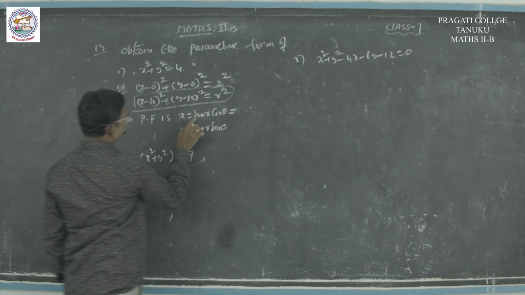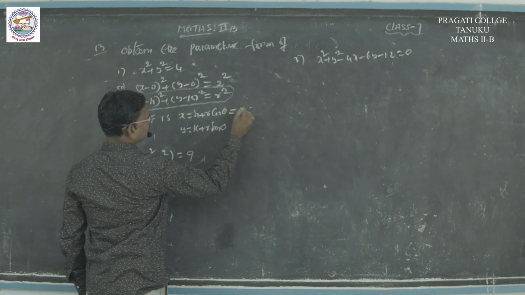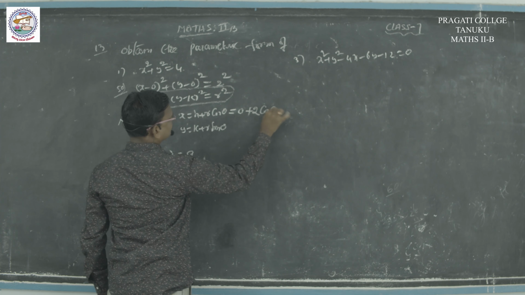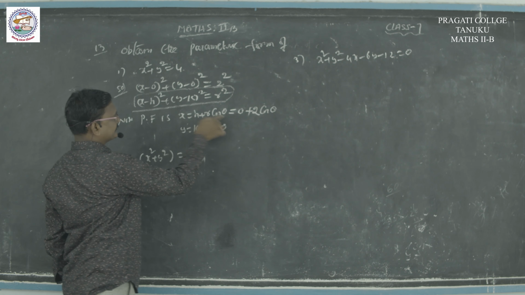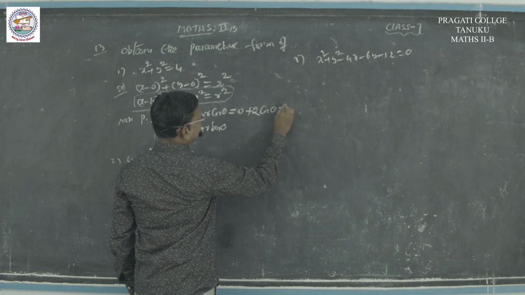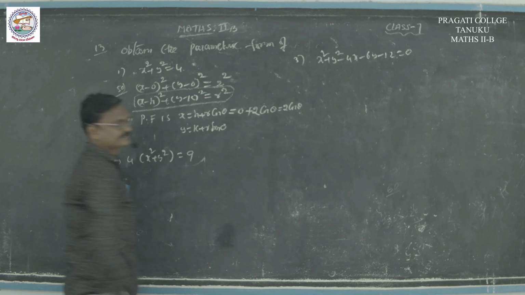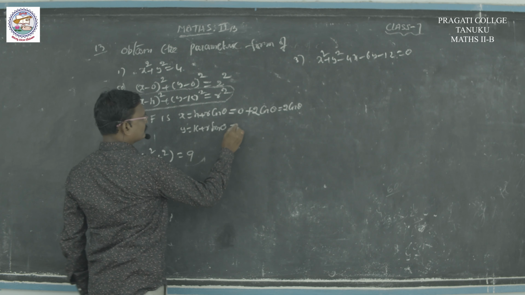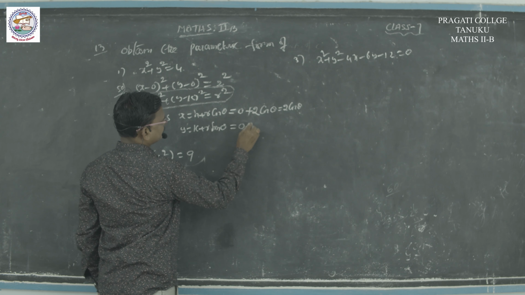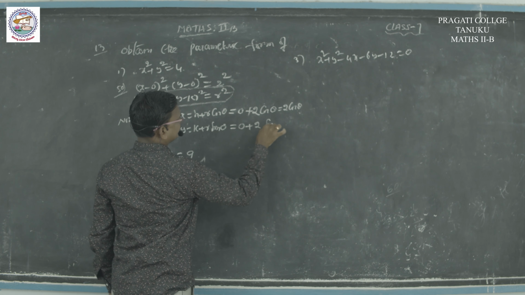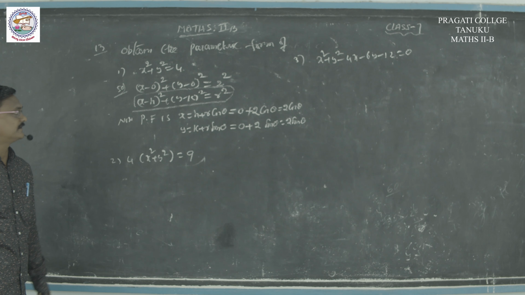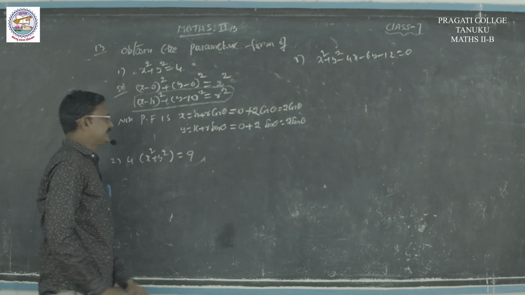Now from this, h means 0 plus r means 2 cos theta. Do you understand? x is equal to h plus r cos theta. h is 0 here plus r means 2 here, 2 cos theta. So finally we can write 2 cos theta. And the second one, y is equal to k plus r sin theta. Here k means 0 plus r means 2 sin theta. So finally this is 2 sin theta. So the parametric form of the first one is 2 cos theta, 2 sin theta.